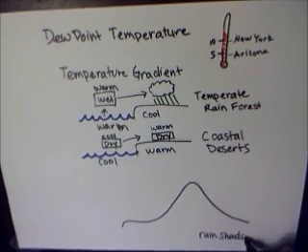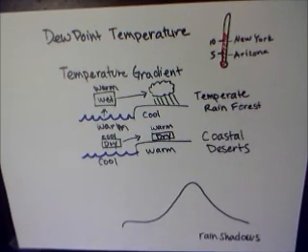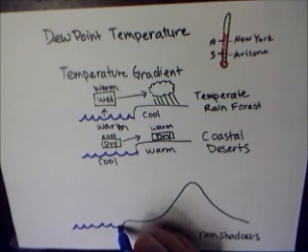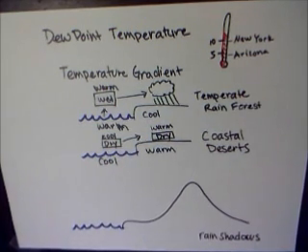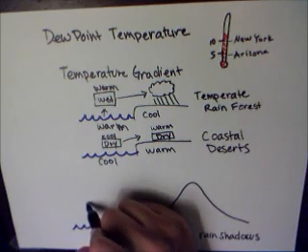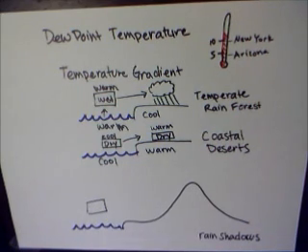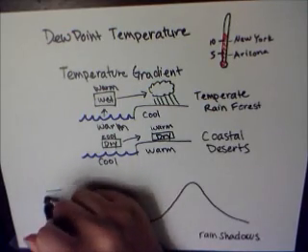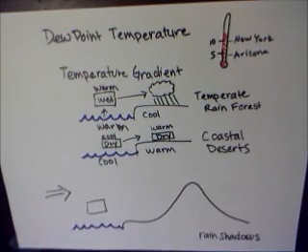So what is going on with rain shadows and dew point temperature? Rain shadows occur when you have these coastal mountain ranges, and here, let's just say we have some parcel of air, and it has some water vapor in it. So imagine that there are some prevailing winds blowing inland.